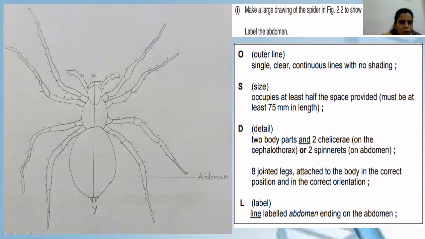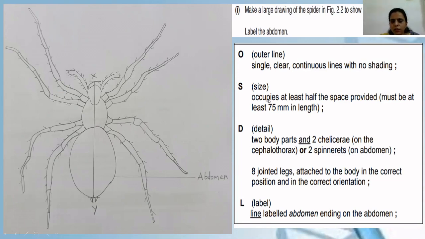So make sure that you always use a sharp pencil, and avoid this type of overlapping of lines. There's no shading in the picture, that's good. But overlapping of lines should be avoided. Otherwise, the examiner might deduct the entire 1 mark for outline. Remember that in the IGCSE paper, half marks are never given. So if there is any mistake in the outline, the entire 1 mark will go. It's not that the outline is half correct or half wrong, so half a mark is provided. No.